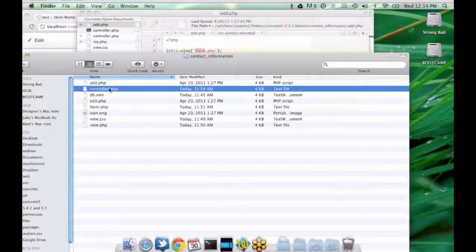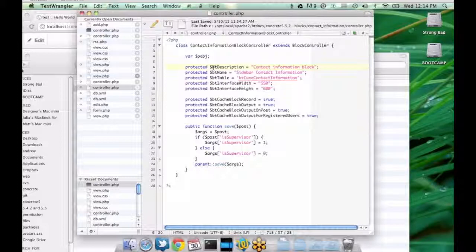Moving along. Controller.php is the main script that runs behind the scenes. It sets up the description, the name of the block. It names the database table that's going to store all of its data. It gives the interface width and height for the block. It sets up other options about the block that are a little more advanced than this class, like caching settings